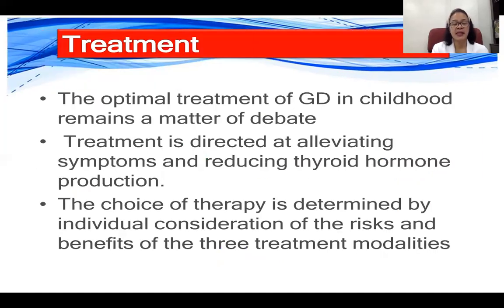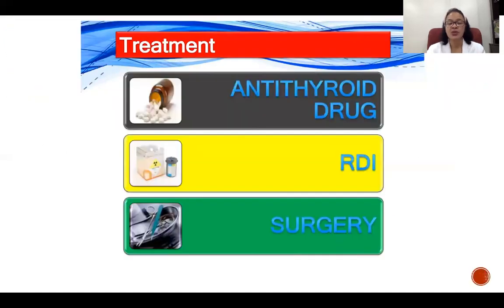So treatment. The optimal treatment of Graves' disease in childhood actually remains a matter of debate, because the treatment is directed at alleviating the symptoms and reducing the thyroid hormone production. The choice of therapy is determined by individual consideration of the risks and benefits of the three treatment modalities. What are those three treatment modalities? We have the anti-thyroid drug, radiotherapy, and